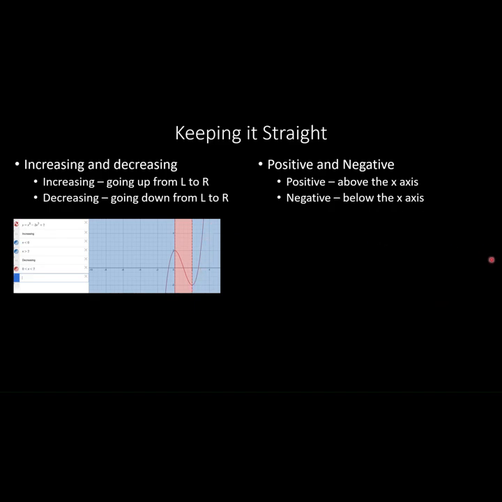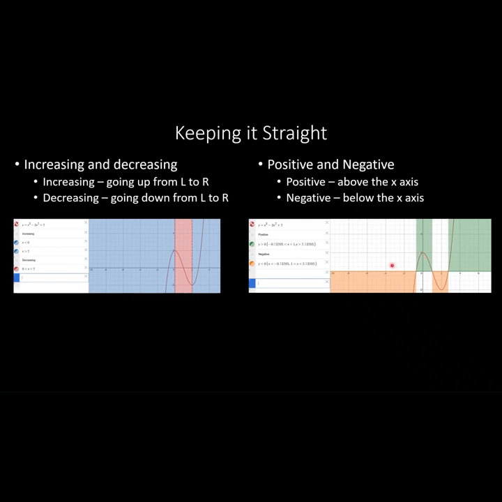We can do something similar with positive and negative intervals. This is the same function, and you can see that the regions of the function that are below the x-axis are highlighted in orange. These would be our negative intervals, and the positive intervals where it is above the x-axis